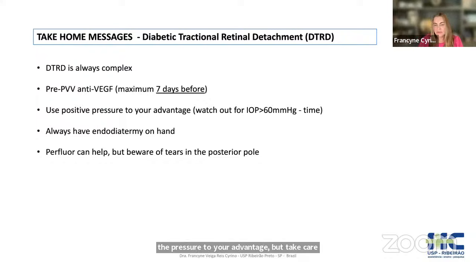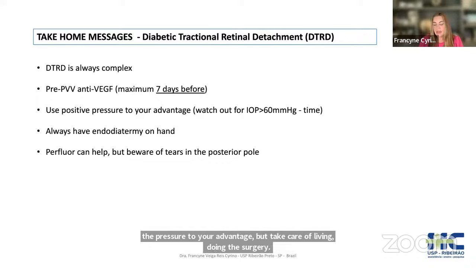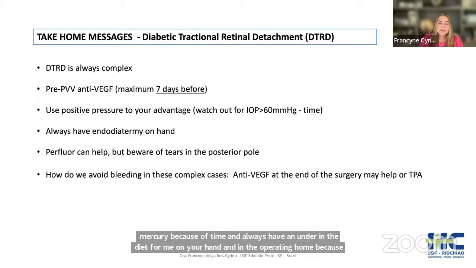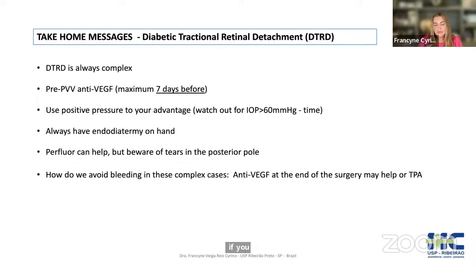60 millimeters of mercury because of time, and always have an endodiathermy on your hand and in the operating room, because if you don't, you may be in trouble. And peripheral can help, but be aware of tears in the posterior pole. And for me, how to avoid bleeding in this complex case after surgery is to finish with anti-VEGF or TPA. We are going to have a little bit of hemorrhage in the vitreous with the silicone oil, but it goes down with time, so we have a clear